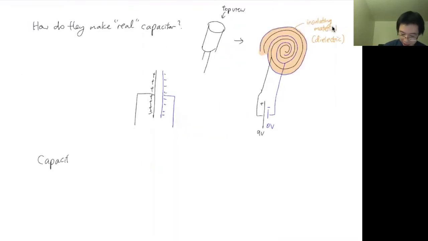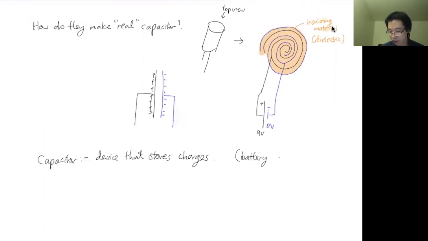A capacitor is a device that stores charge. In the simplest terms, that's what it is. Remember, a battery is a device that creates a potential difference, and a capacitor is a device that stores charge. Very simple. All right. The circuit symbol, if you want to put one of these in your circuits, is very simple. There are two plates like this. Be careful: the two plates should be of equal length.